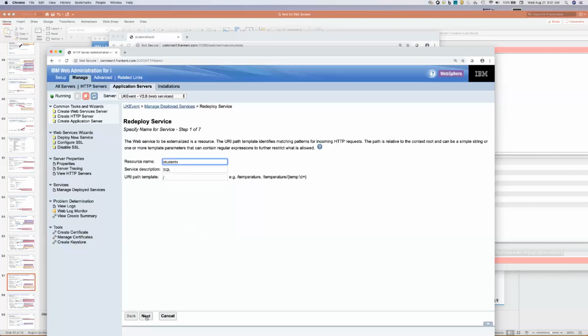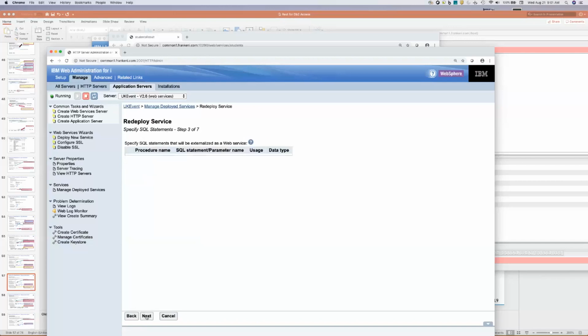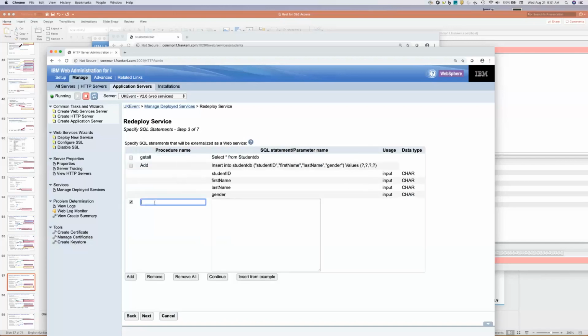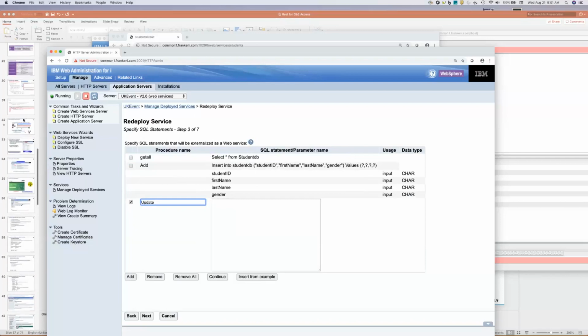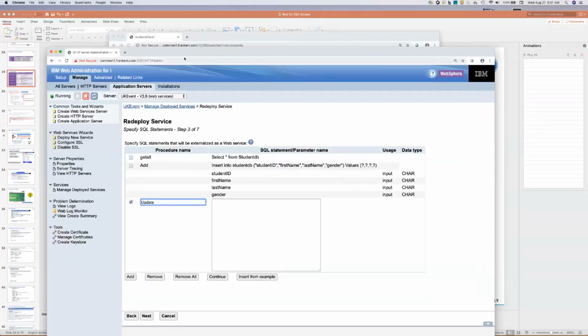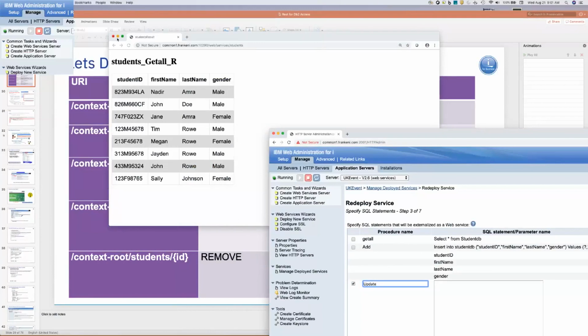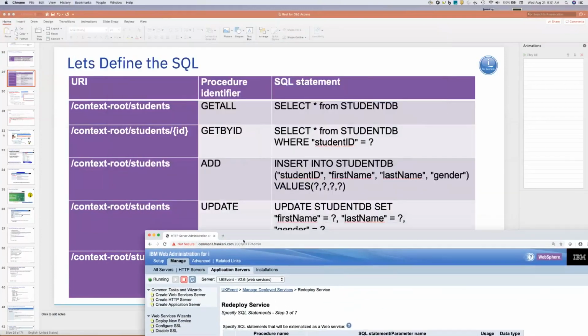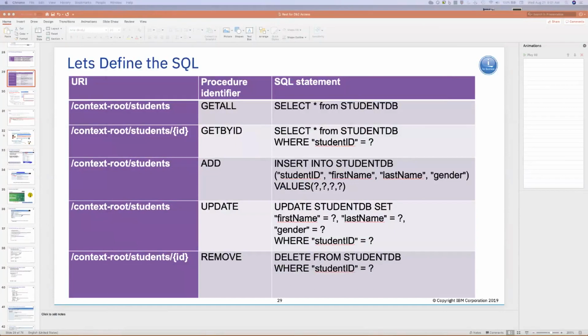Thanks. So I just stopped my service, and I clicked on the redeploy button, because now I can come in here and I can type in update. If I go look at what my update should look like, let's go look at update. I'm going to pull this down into a different screen here for a second, just so I can more easily type in what I'm after. And then I'll put that back up. So update. And then I'm going to do an update student